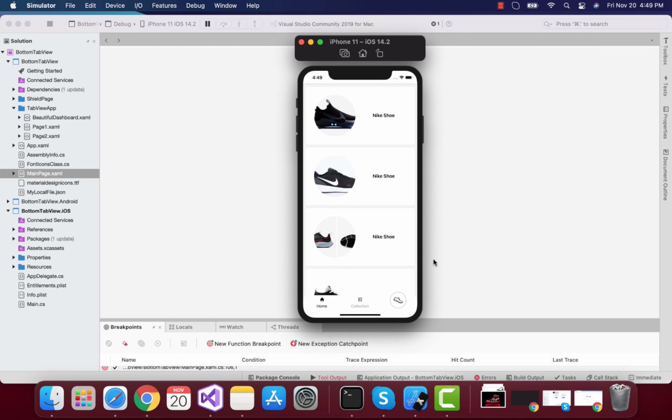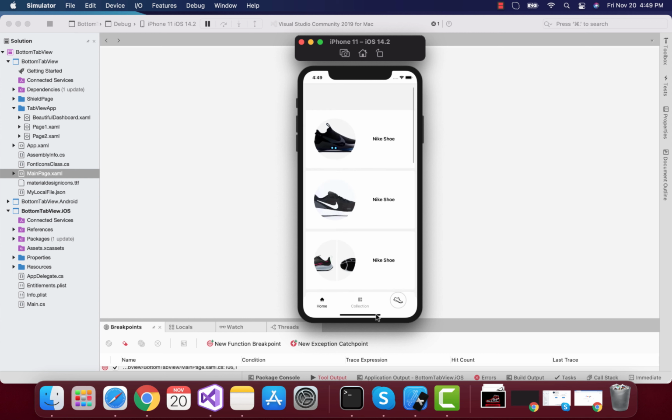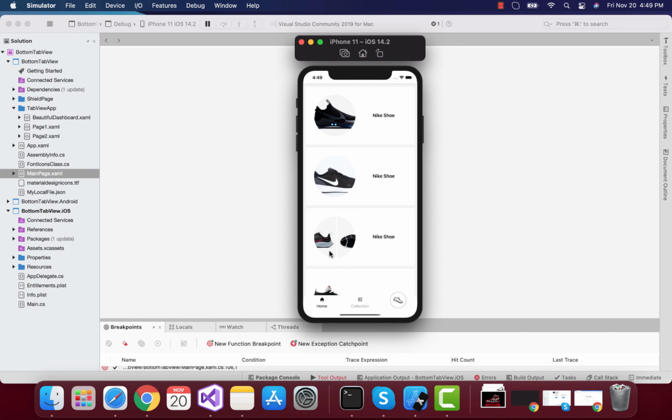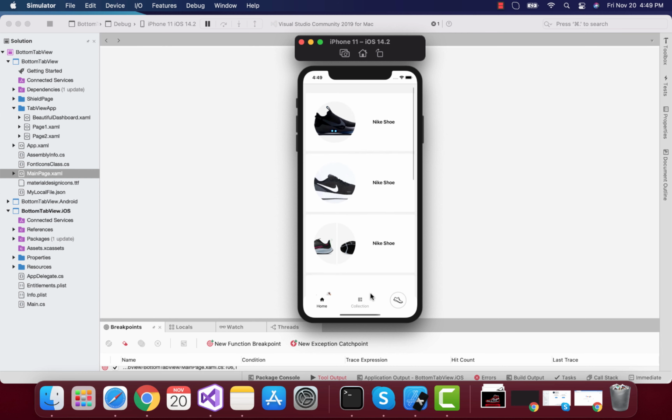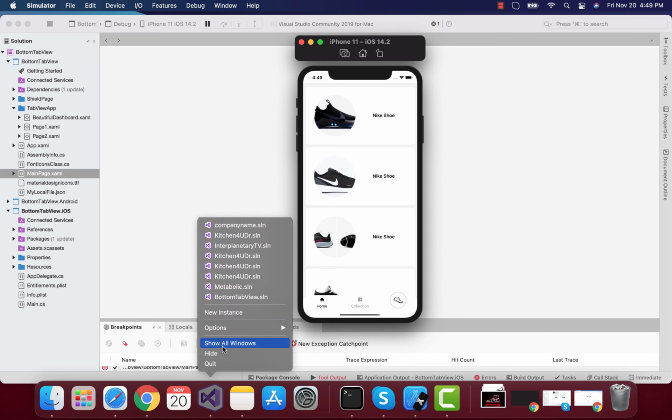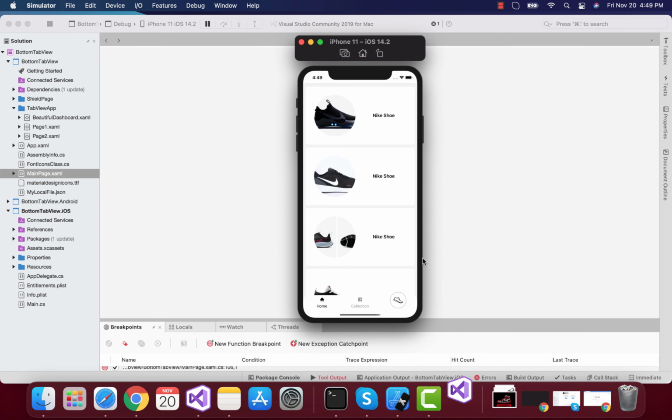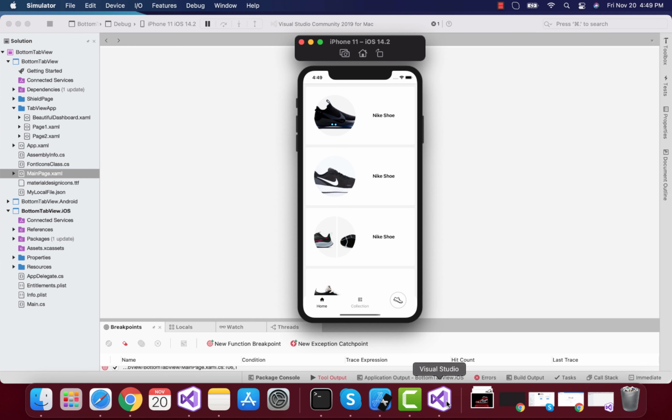So in this tutorial we are going to play around with the Xamarin Community Toolkit TabView. This is the TabView, which has various orientations, that is a bottom tab bar as well as a top bar too, and you can play around with such types of designs inside your Xamarin Forms application without any external plugin used.